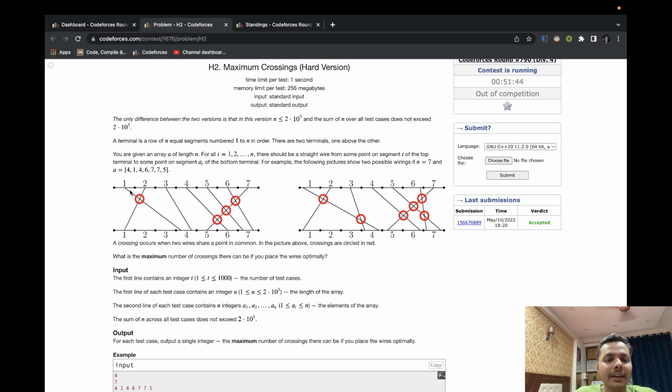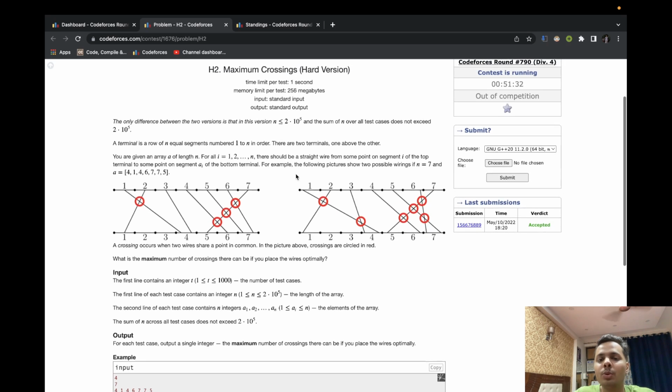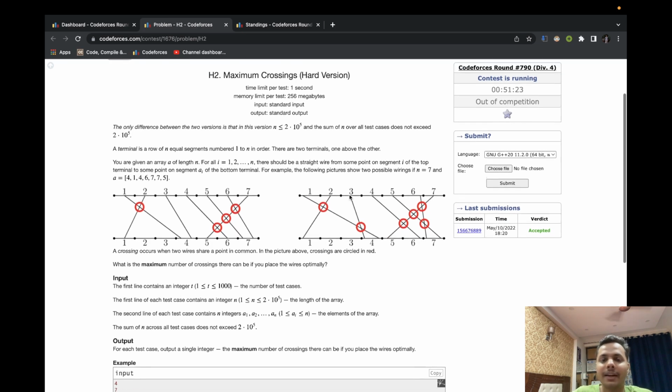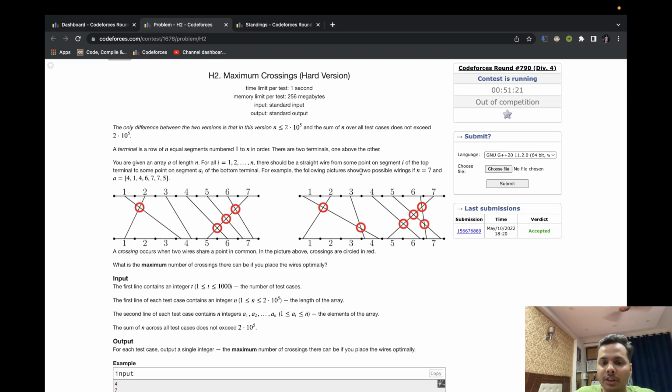Another thing is that if a_j is greater than a_i, for example, let's say here a_2 would be greater than a_1, in that case you can still see that there is no way that these two wires will ever meet. You can try to imagine something, make diagrams and convince yourself that this is the case. I don't think it deserves a formal proof, and basic intuition works here. It worked for me. So yeah, this is the solution.